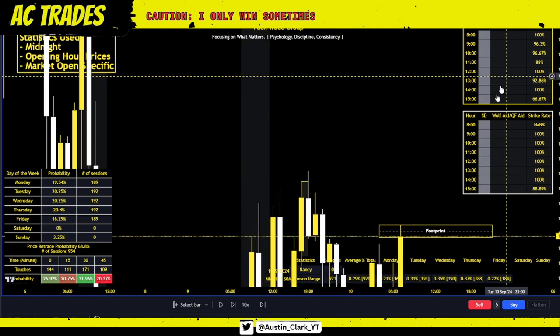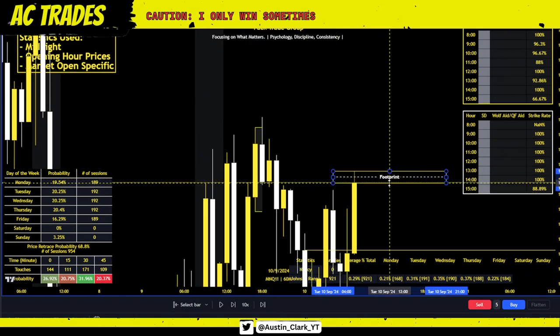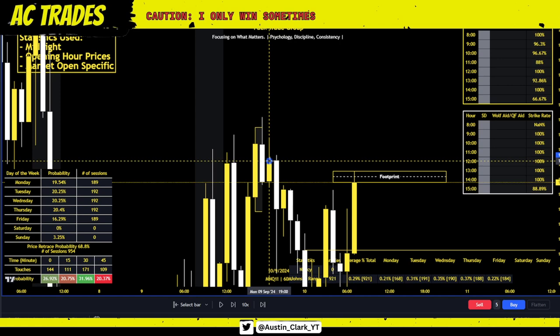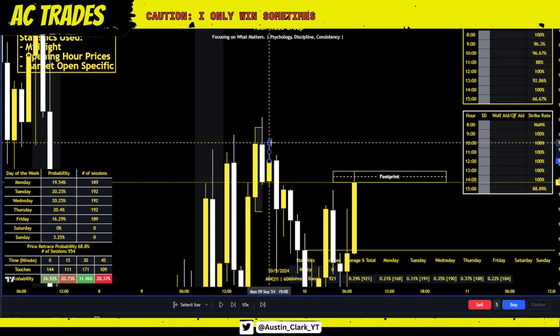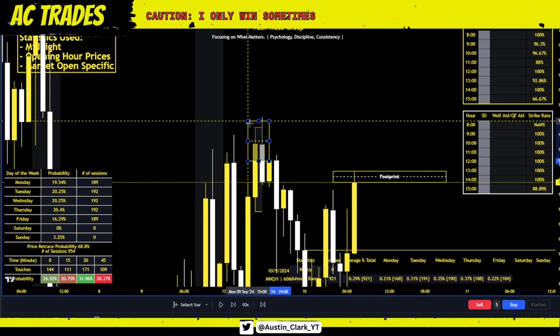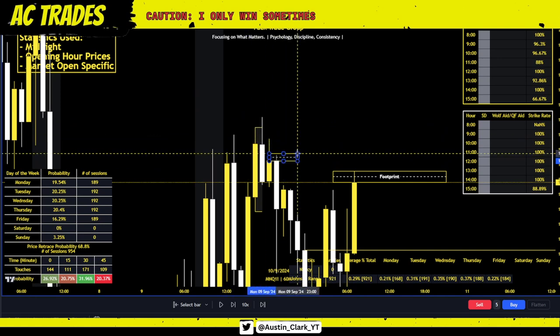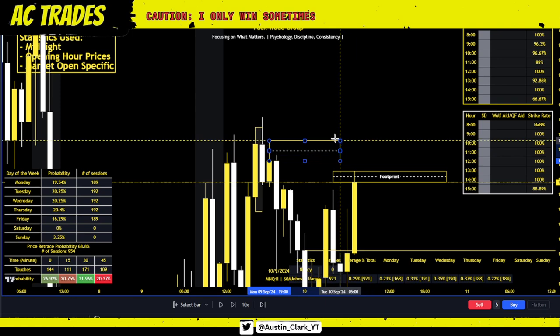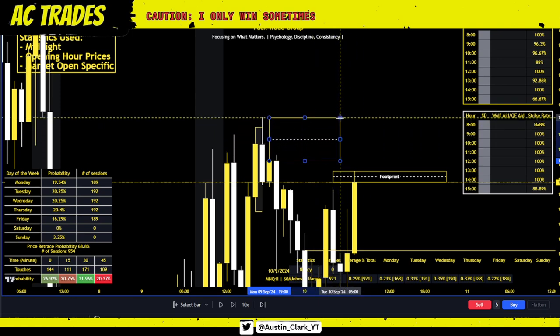There's my footprint. And then just in case this breaks, I'll draw one more that's closest to price. And so that's this one. And you see how this wick also comes up and overlaps with this wick right here. And so what I'll do is instead of drawing this one, and then this one, and then this one all separate, I'll just cover all of these wicks until it's interrupted by a candle body.